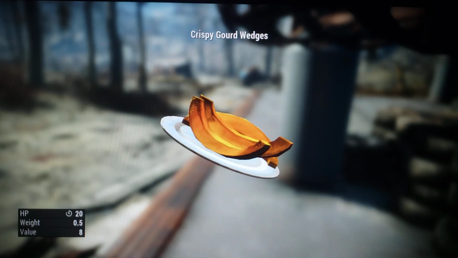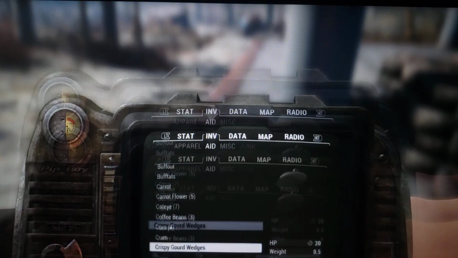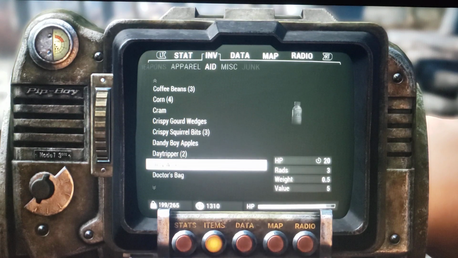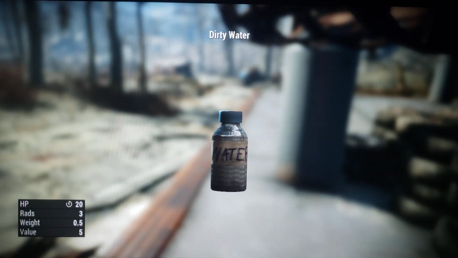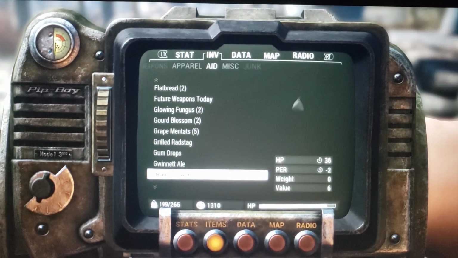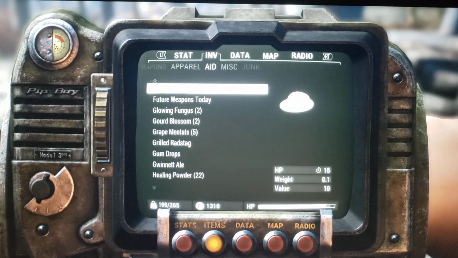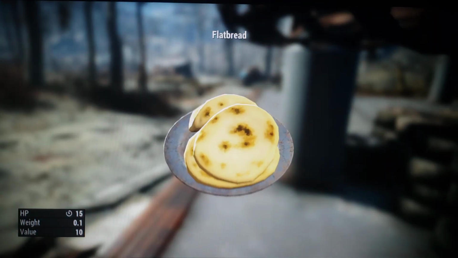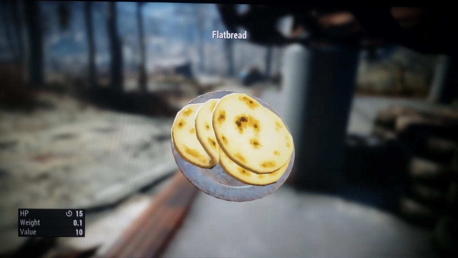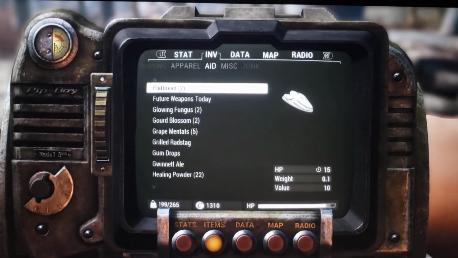Crispy gourd wedges. It adds some cool food, and apparently all of the recipes require purified water, so it gives you a reason to not... including, what? Squirrel stew requires purified water. Oh, flatbread. You can make flatbread with razor grain. Again, I do eat these things, and the flatbread is used to make other things like...